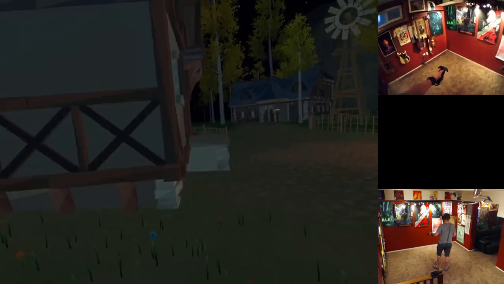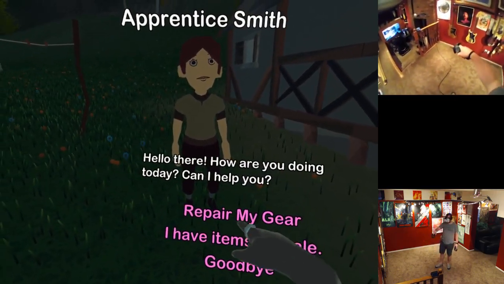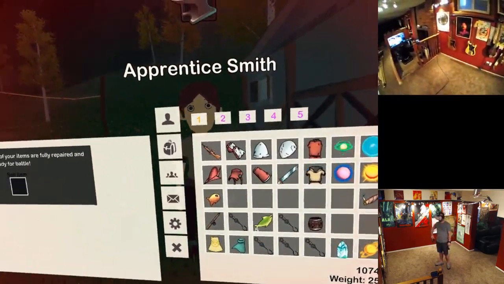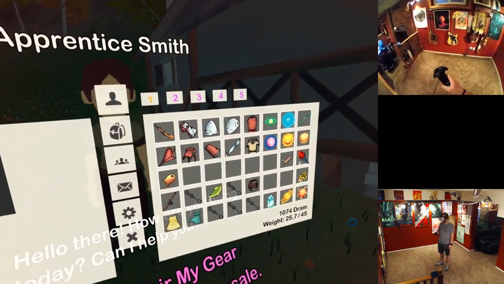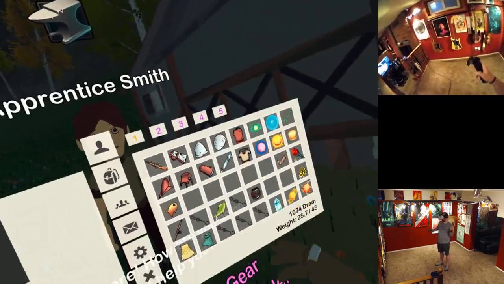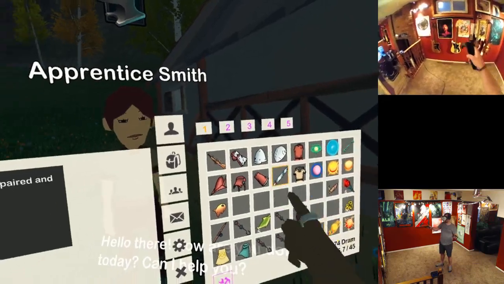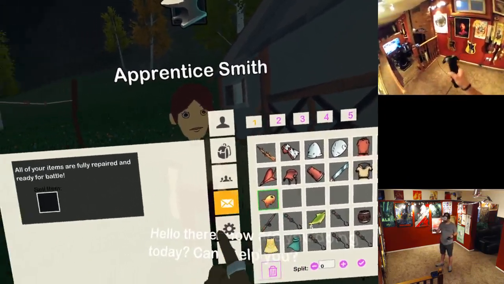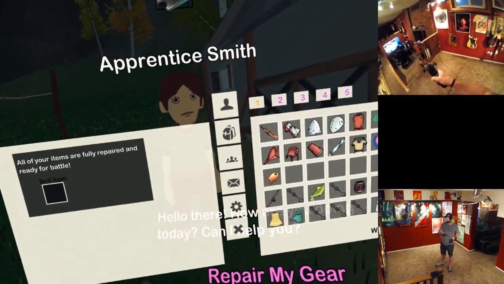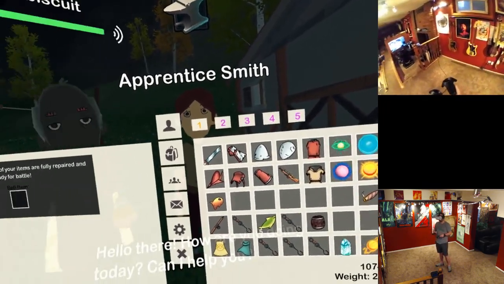So in that case, you go over and wave at an apprentice smith. They pop up a thing for you. Prepare your gear. Yes. And I get my wand back. I don't have anything that I can break down, but when you go to sell stuff, like say I want to sell my sword here, it won't let you. And normally you can pop something in there like that. The reason for that is when you break down armor and weapons and things like that, they will give you,